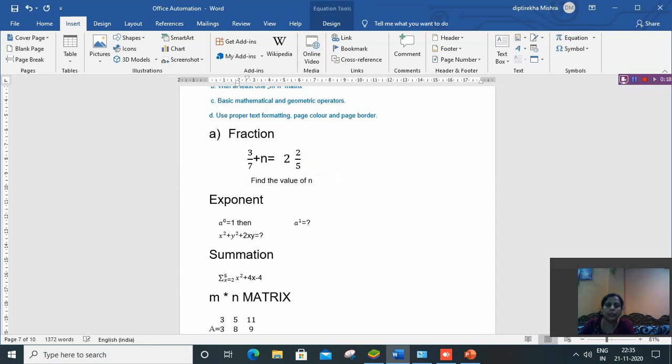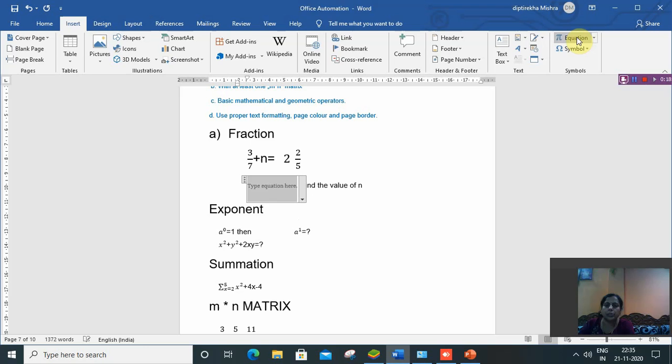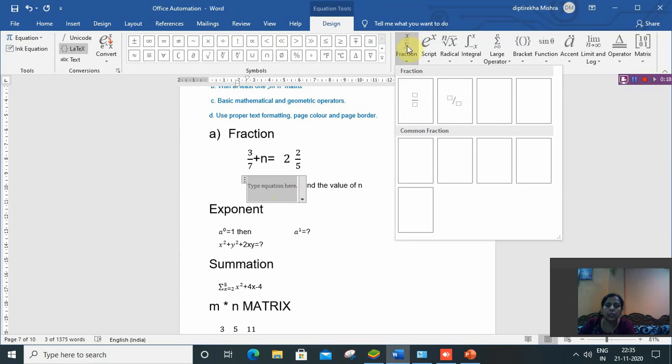Then for fraction, go to the equation. Okay, equation is in your insert tab, then in the symbol click on equation. Then click on equation, then click on fraction. To write down the fraction, click on fraction, then choose the fraction format.